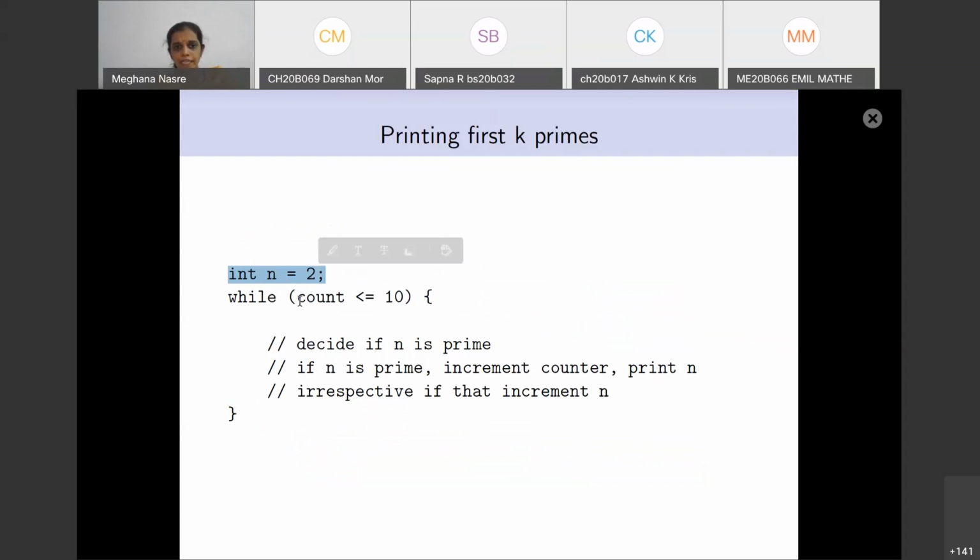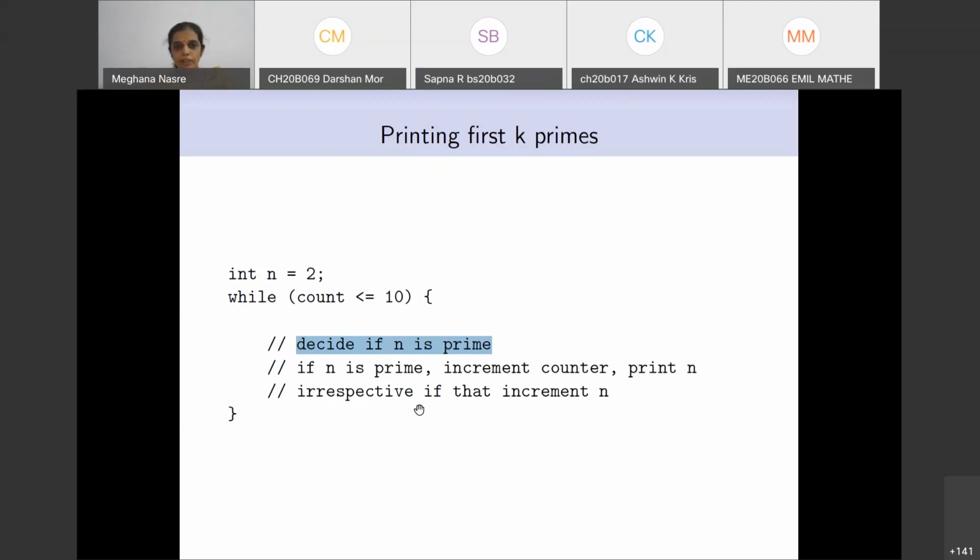We are going to maintain some counter which counts from 1 to 10, while count is less than or equal to 10, because we want to print out 10 primes. We can make it k, take it as an input from the user, but at the moment let's stick to 10 primes. Decide if n is prime. This part is something that you have already written. If n is prime, then increment the counter and print n.